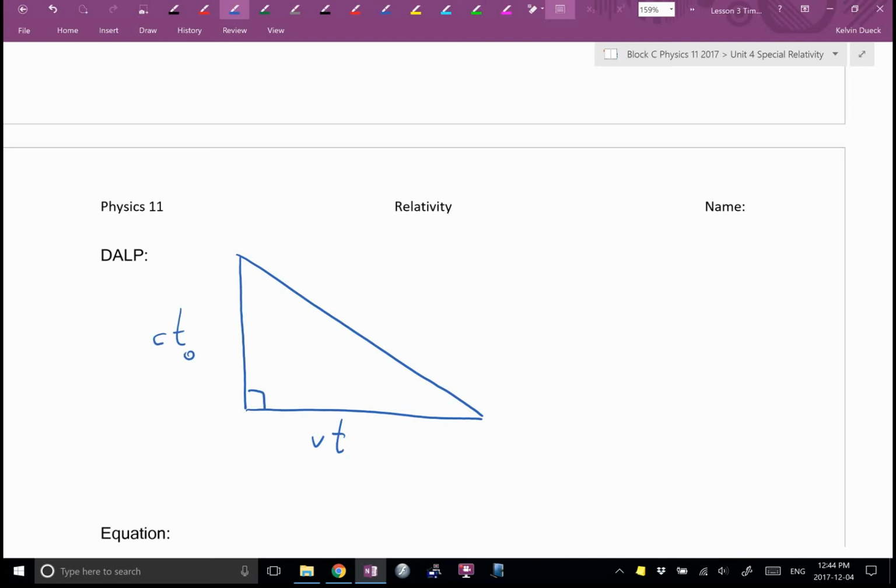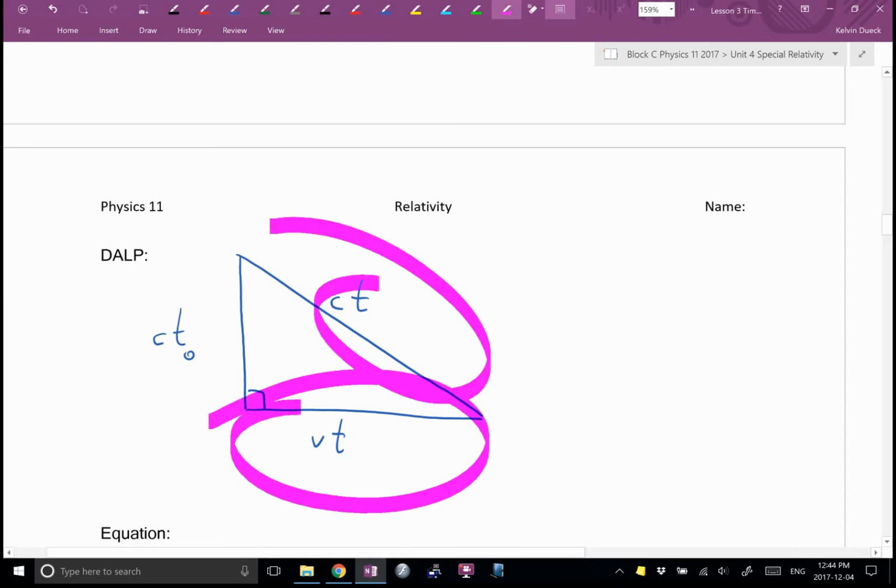And then, what do you call the slanty part of a right-angled triangle? It begins with the letter H. Okay, the hypotenuse, that's also going to have a length, and because this is what we're observing, this is what we see the beam of light doing, the speed is going to be the speed of light, c, but the time is going to be what we measure. So these two lengths here are what we observe. That's why it's a t and a t, because it's our stopwatch. The vertical length is what the person inside the spaceship times. But they're in a different frame of reference. They're experiencing time differently from us.